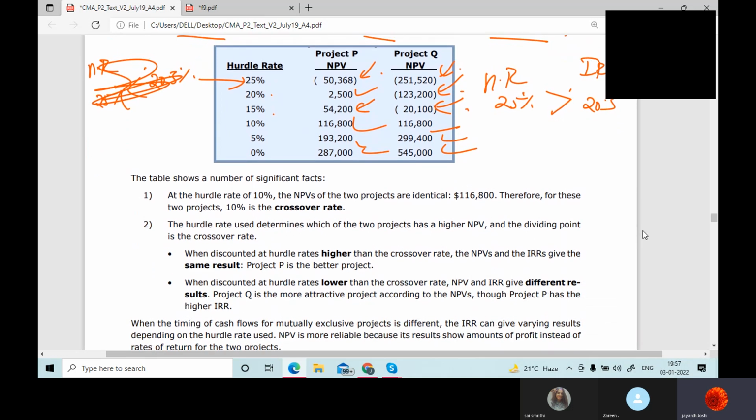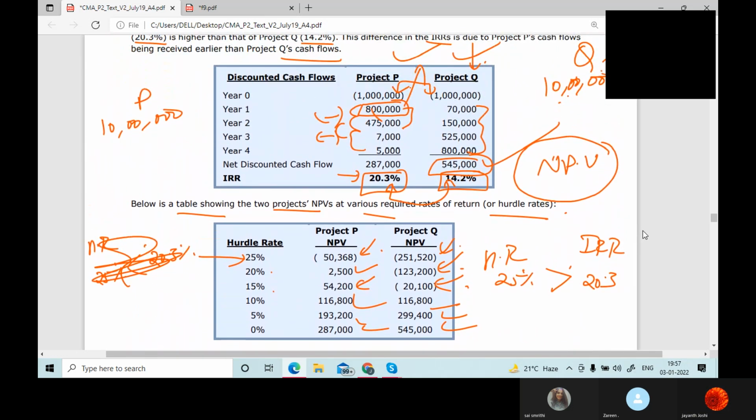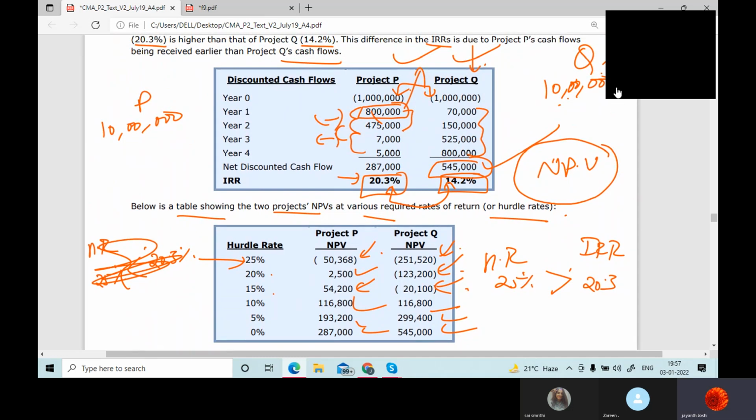Just have a look through this, then I'll go forward. Finished? Now,